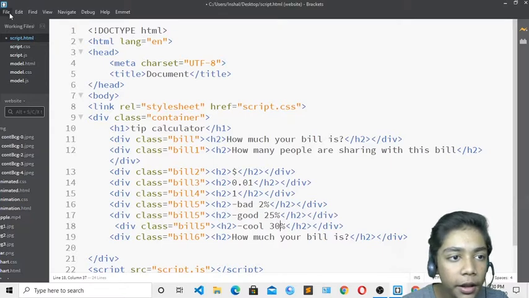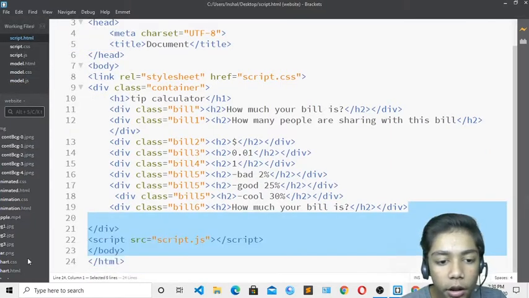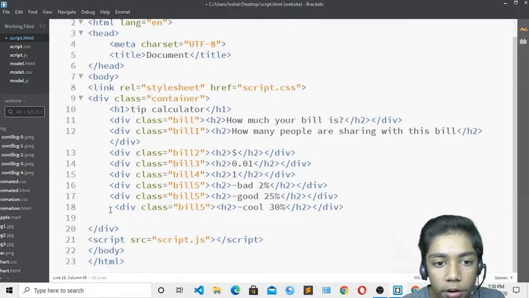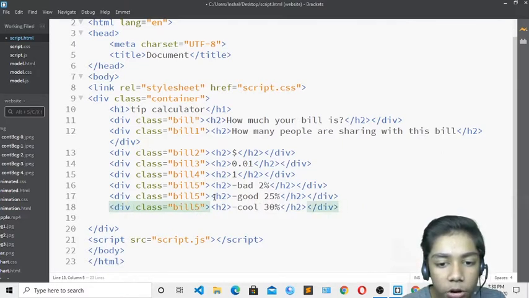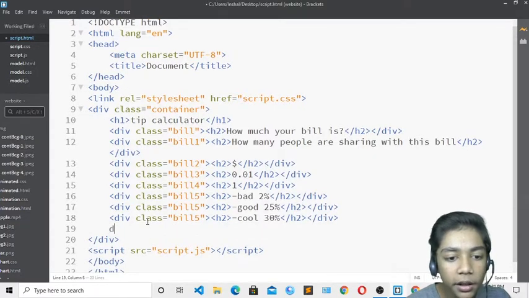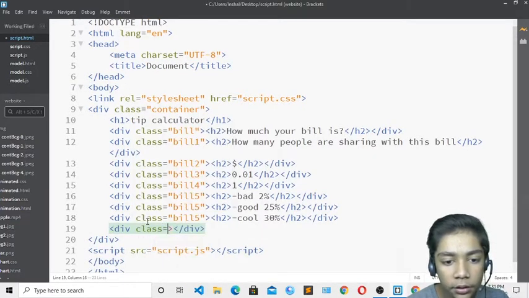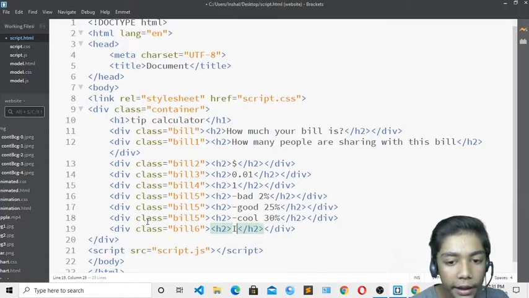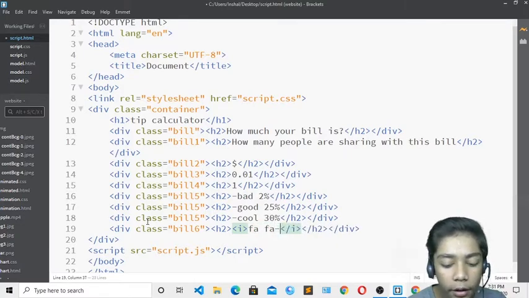So now it should be just coming randomly, I'm just writing like that, and now just you have to erase this thing from here, because I don't want this one. And now when you have done that, just press backspace, so it should be in one line over here. And now that we have done all that, I will just press Ctrl Z, and I will just come underneath. So I will just erase from here, and now just come underneath that and write the div and write the class. And now I will just define the class of bill 6 over here, and I will write now the logo. So I will write over here the i tag for writing the logo, and this I will write FA. So write over here FA, and now here you have to write like user.